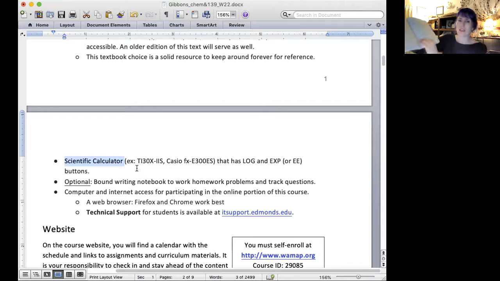These sides tend to get some notes on them. So all my formal work's over here, but then I have some spillover room. I have room for some extra notes on the other side. That's optional. I'm just recommending it as a way to organize your problem solving rather than using scratch paper that's loose leaf. You will need a computer and internet and technical support from Edmonds, and you can check out a Chromebook if you need it.